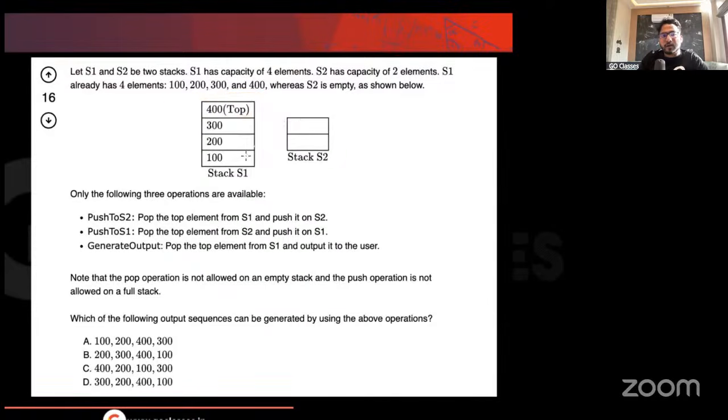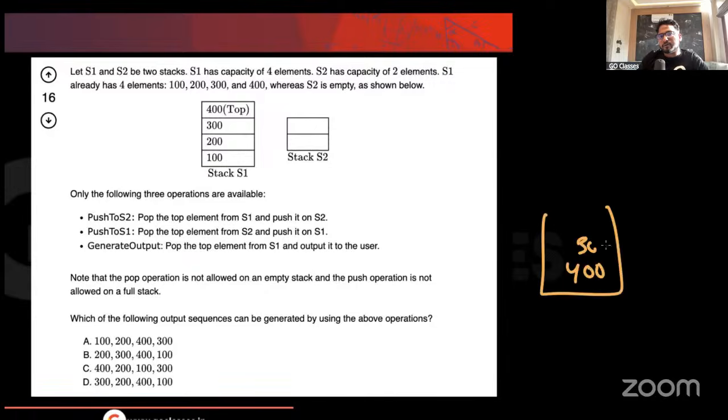Okay. So if this is the initial sequence, which of the following output sequences can be generated by the above operations? If you want to generate 100, you have to basically transfer all of this. At least 400, 300, 200, and then 100 you can output.